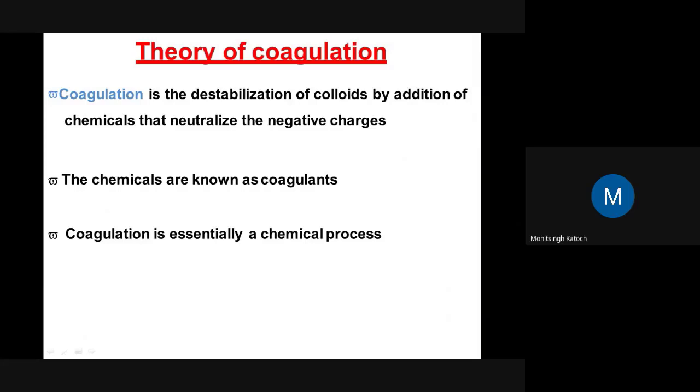Colloidal impurities are, we can say, the most difficult to control, as they are negatively charged particles. They are in constant motion, which is known as Brownian motion, so they collide with each other and continuously stay in flotation. So we use certain chemicals known as coagulants. These coagulants are positively charged particles. They attract these negatively charged colloidal particles towards them and create a new object known as floc. And when flocs are formed, the process is known as flocculation.